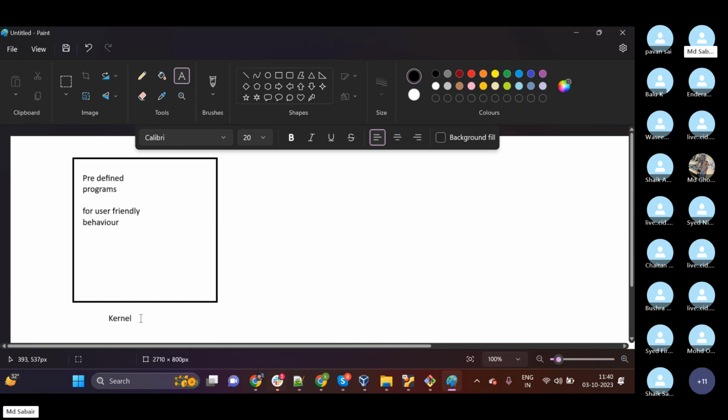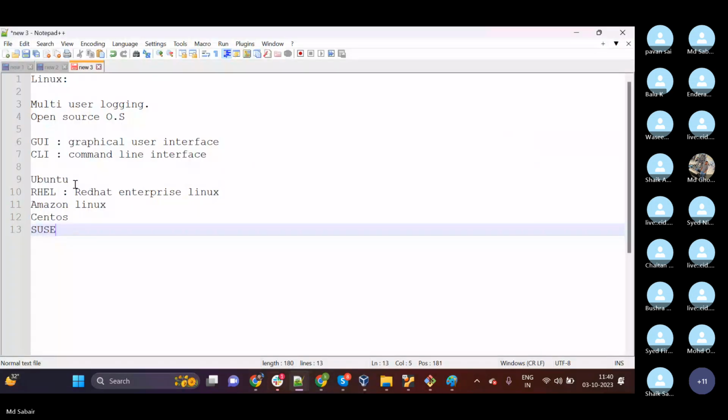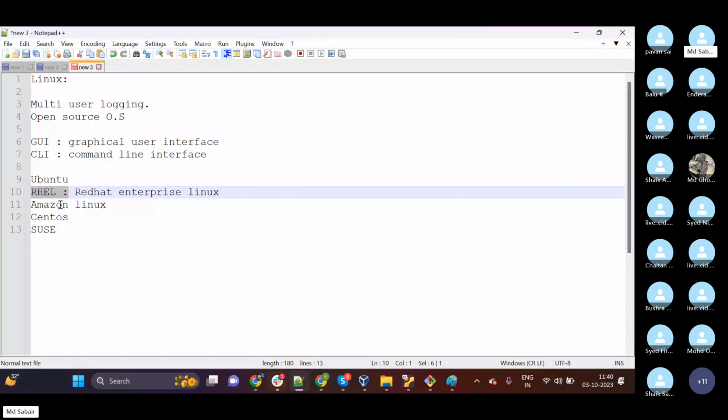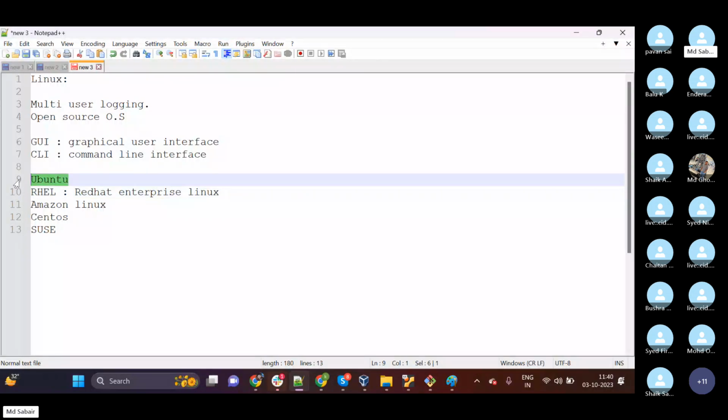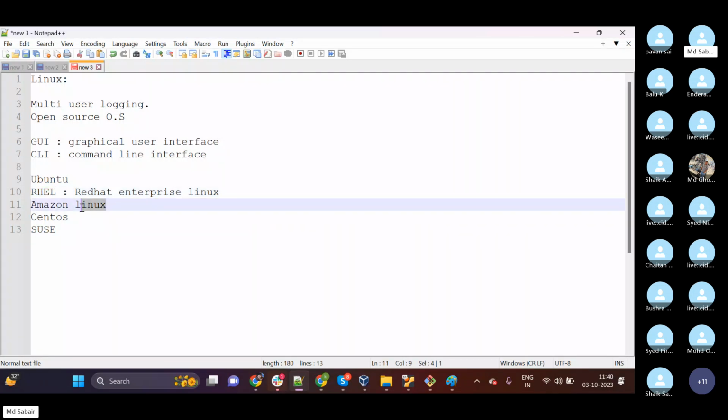So by using that heart, different companies have created their own operating systems. Ubuntu has taken that kernel, which was open source, and created Ubuntu. Red Hat took that kernel and customized it as per their requirement and created RHEL. Amazon created Amazon Linux with the help of the same kernel. Similarly, we have seen different flavors. That's the reason there are a lot of flavors of Linux distributions.